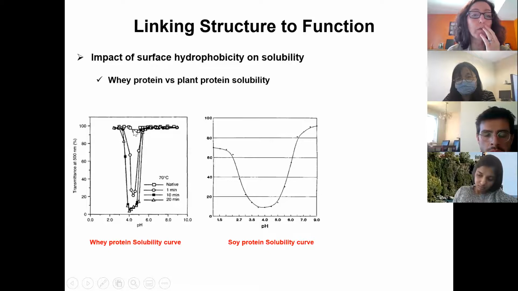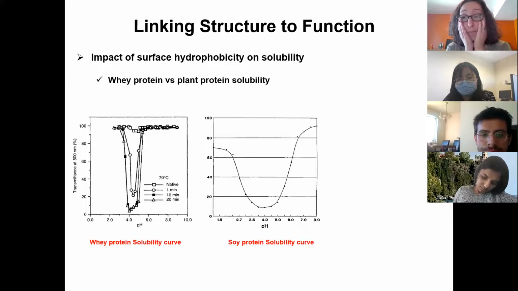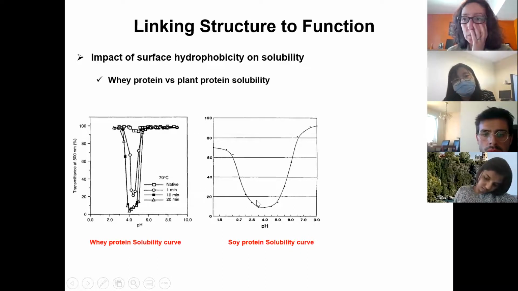If you take whey protein and try to solubilize the protein at different pHs across the board, from acidic to the isoelectric point to alkaline, you see you almost have 100% solubility, regardless of the pH. But whey protein has an isoelectric point of around 4.5 to 4.8. And you go, why? Because if you look at soy protein in this case, around the isoelectric point, poof, it's not soluble without heat. So both here are without heat.